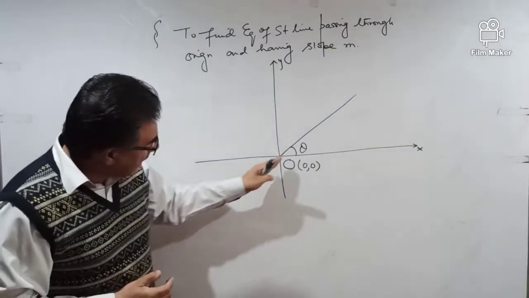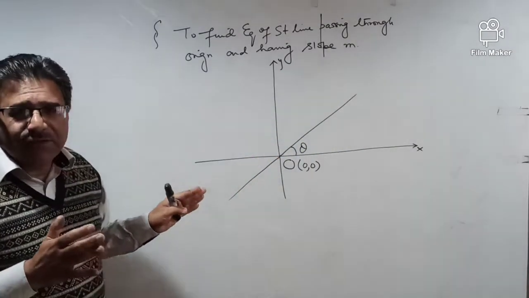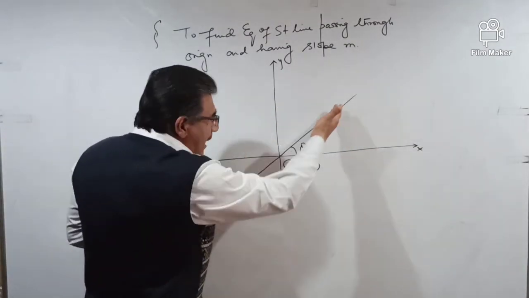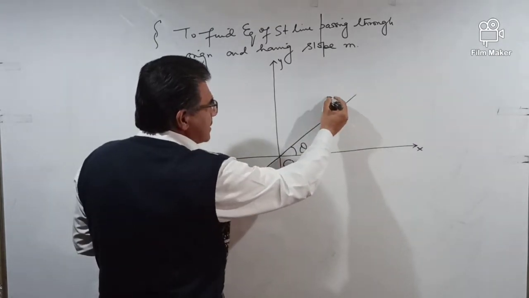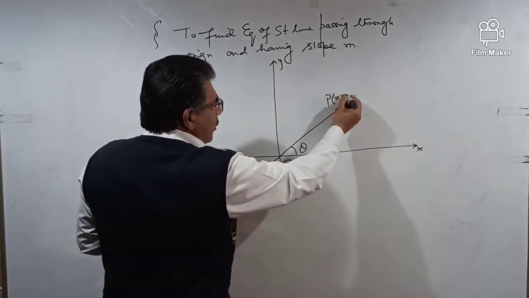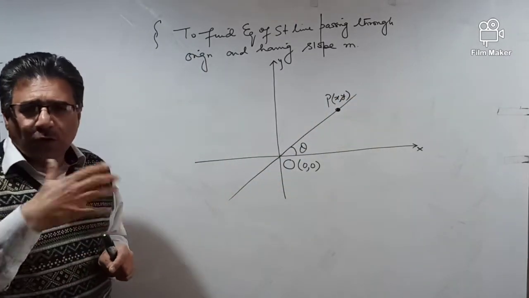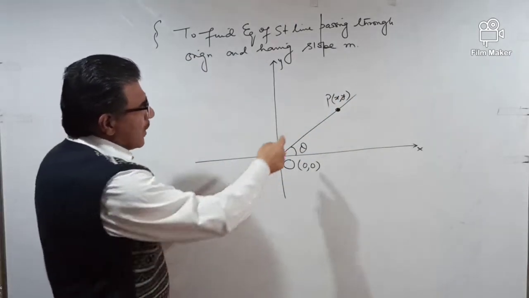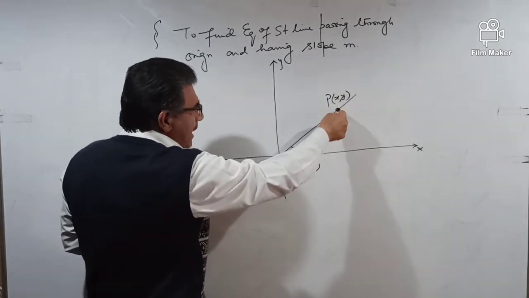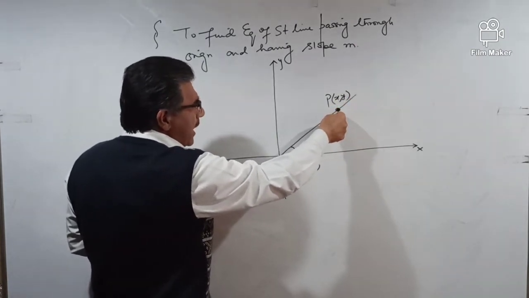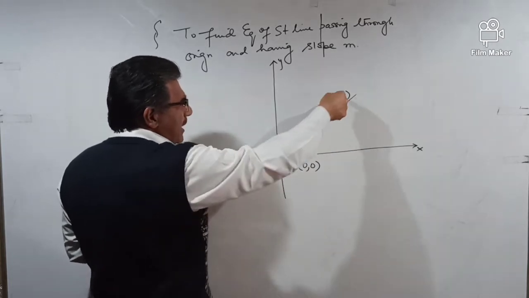Now what I have to find? I have to find the equation of the straight line. Now you know straight line को किसने बनाया? किसी point ने बनाया, किसी moving point ने बनाया, because locus ही तो हर एक चीज है. कोई भी geometrical figure जो है वो locus है किसी न किसी point का. तो अगर ये point बना रहा है line, देखो ये move कर रहा है ये point, चलो ये at an instant इस point यहाँ पर पहुंच गया. हमने कहा कि let P(x, y) be any point on the line.